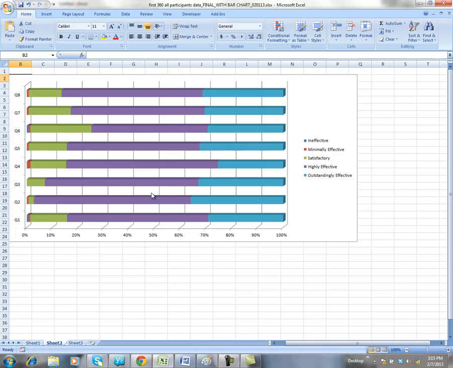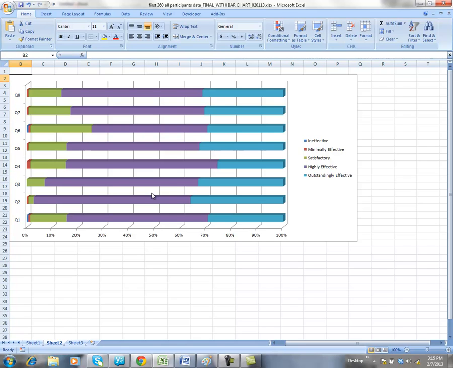So again, this is just one possible way to visualize the data, and you might now go and produce 10 of these, one for each of the scales, and make those the basis of your report. But again, this is just for the cohort. Now you have your own data. These are just the baseline data. You have also the